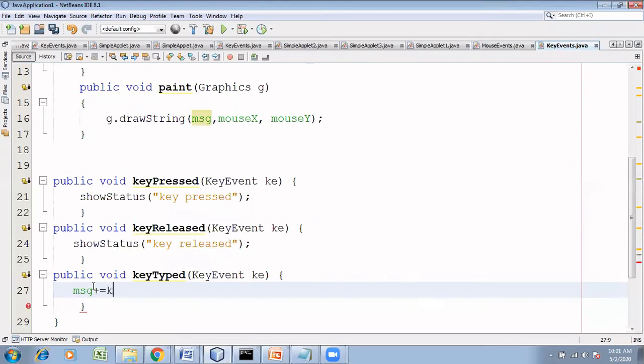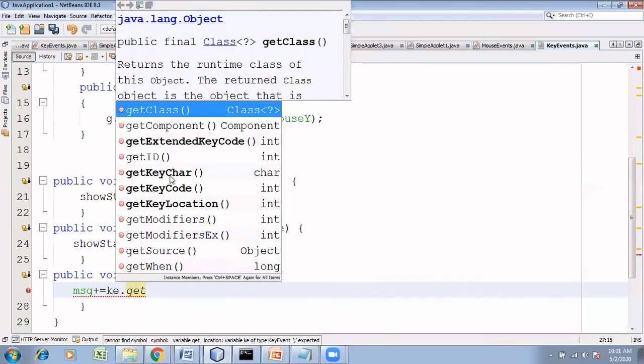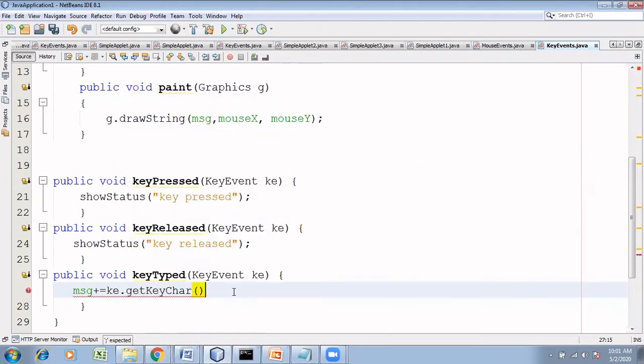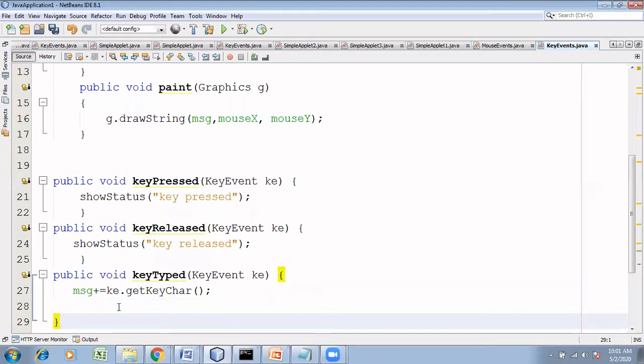There is a method called getKeyChar. Whatever character I typed, the same character will be displayed. Suppose you type shift. Shift is not a character, so nothing will be printed. When I press A or 1, which can be converted to a character, ASCII values are there, that character will be printed. So message plus equal to ke.getKeyChar.